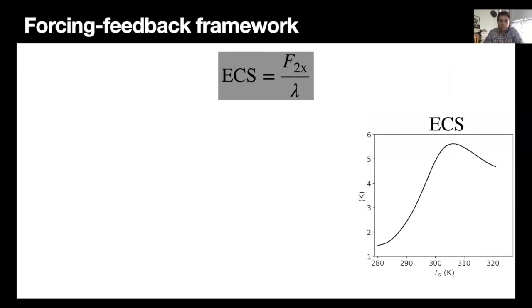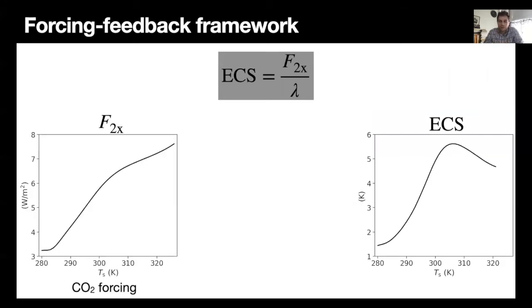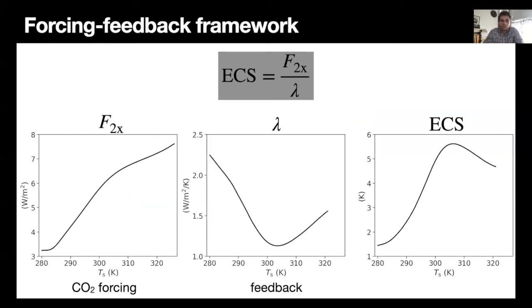Here's the ECS peak on the right. And on the left here is the CO2 forcing calculated at each point along this curve. And what you see is that F2x, the radiative forcing, increases monotonically as a function of increasing TS and CO2. So this forcing curve contributes to the initial increase in ECS, but it can't possibly explain the peak because it's monotonic. So that really leaves the feedback parameter, which does indeed have a minimum at around the same surface temperature